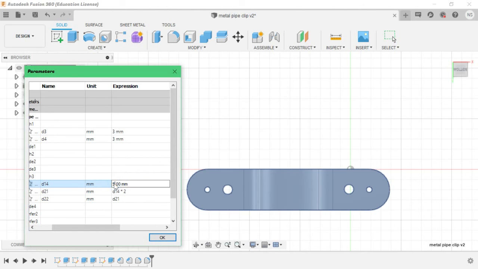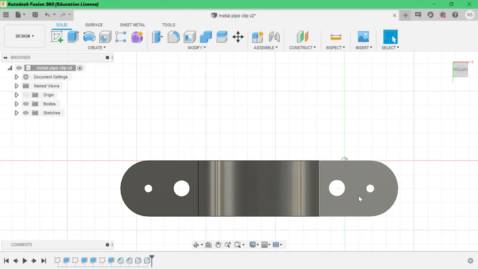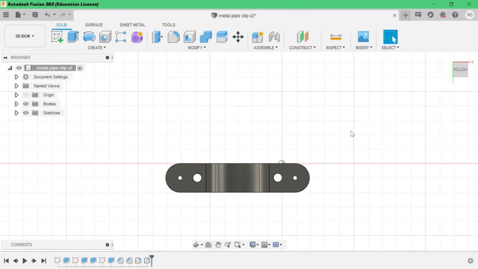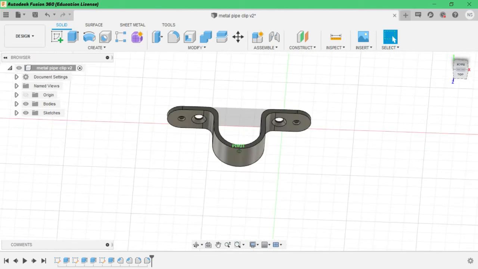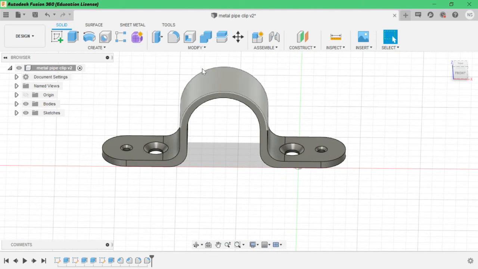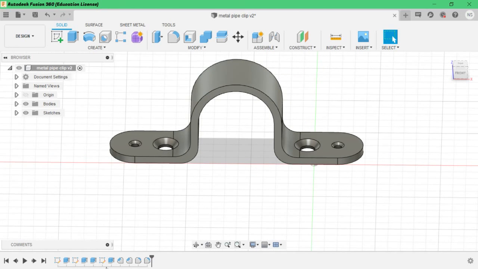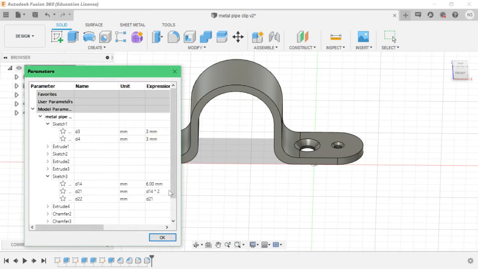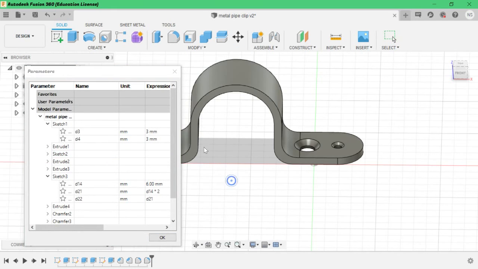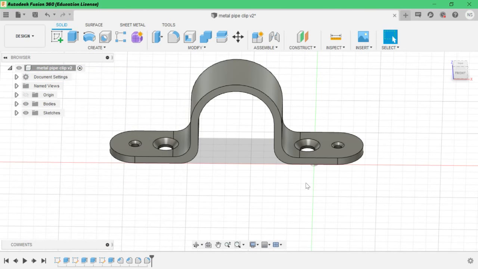Let's just check that what will happen. Click 6 here. Click OK. The hole size is changed. Like that, the both will be in relation. This is the help of parameters you will get in any typical diagrams. If you want to change the diagram, you need not change the sketch wholly. You can go to change parameters and change the distances so that you can change whole diagram dimensions.